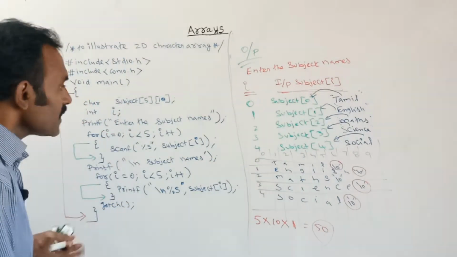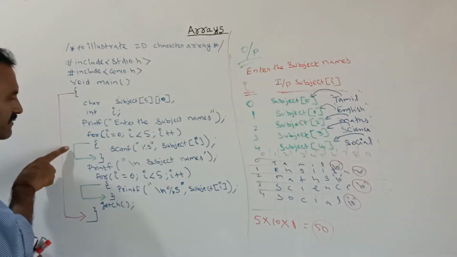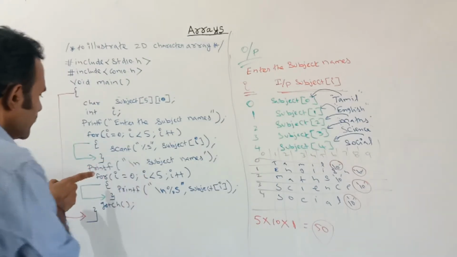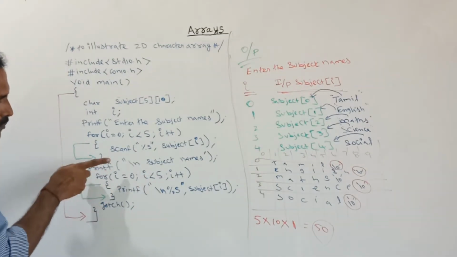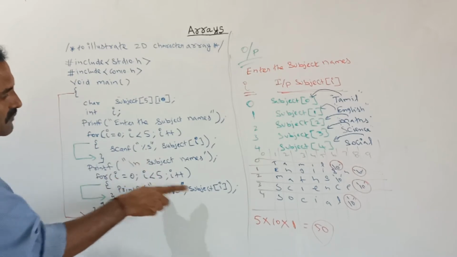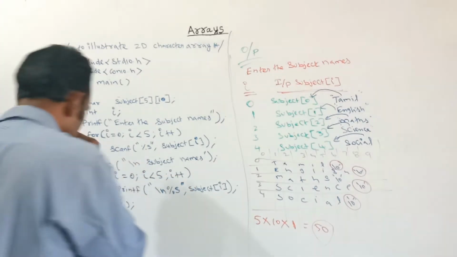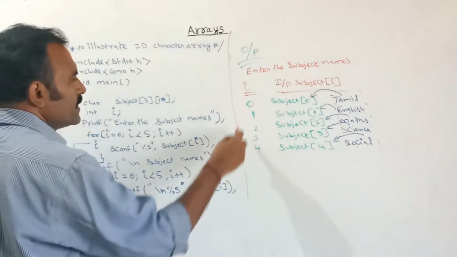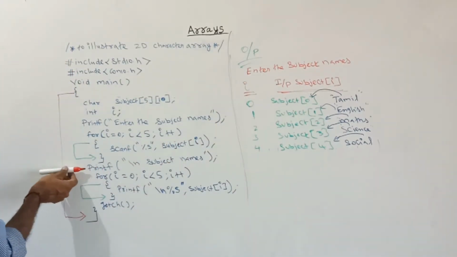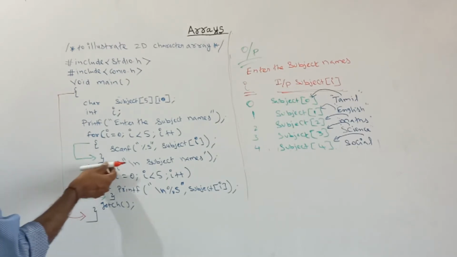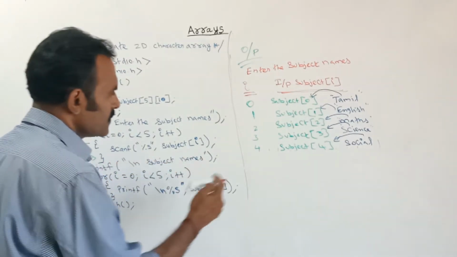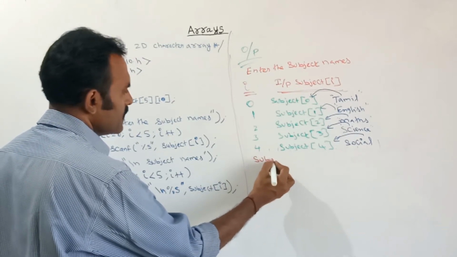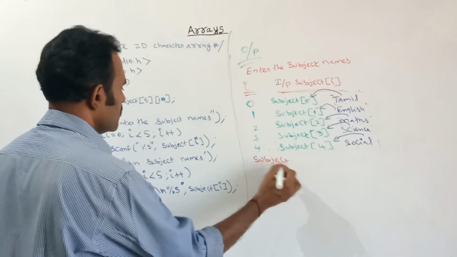So next, up to this we have given the input and stored the input values to the variable. Now this for loop is used to print the stored values on the display screen. The previous for loop was used for storing the input values. After that it comes here, it will say printf \n subject names. So this message will print on the display screen, that is subject names.